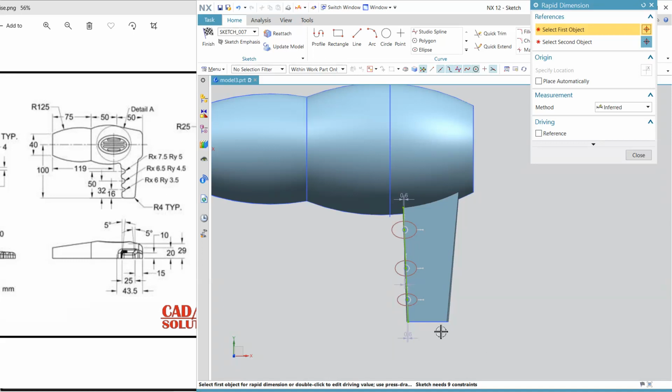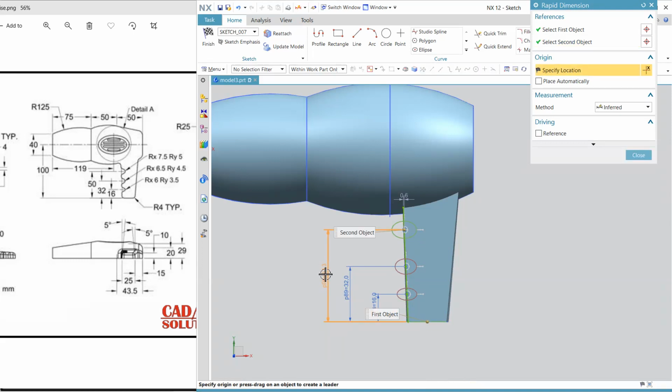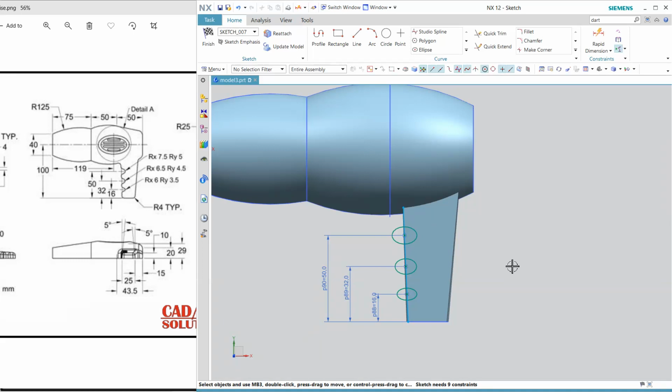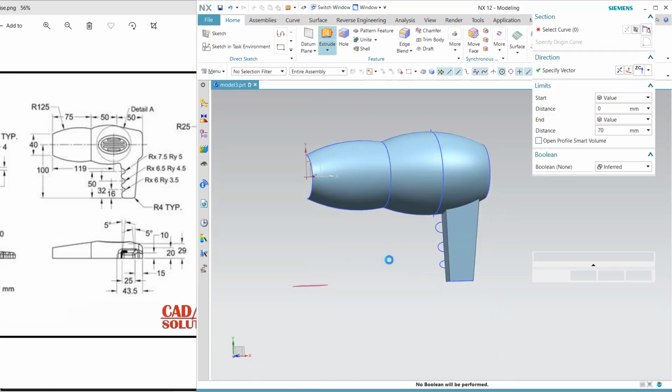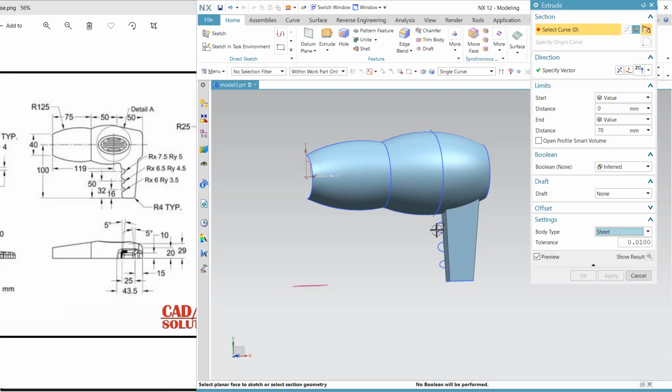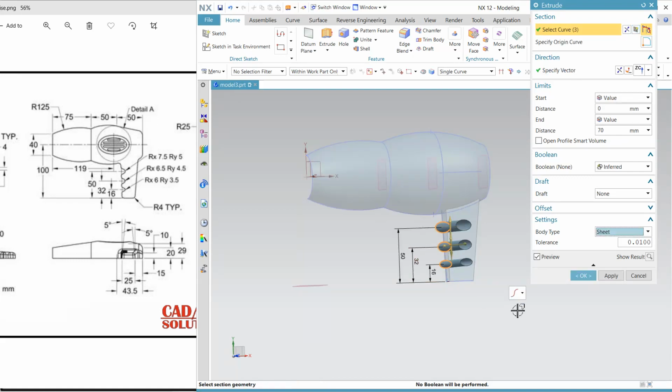First I'm going to define this value, this point, and this horizontal gap is 16, and from this to this second one is 32, and the third is 50. Okay, now finish, and extrude this in surfacing. Okay, so change it to surface sheet,